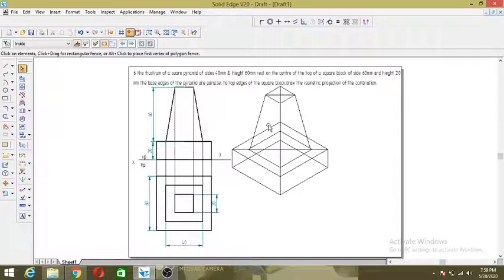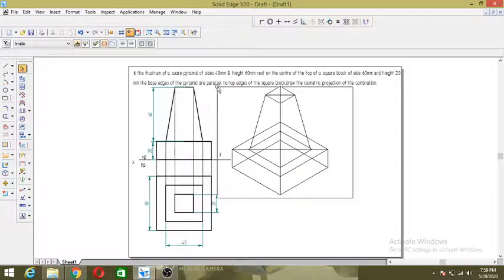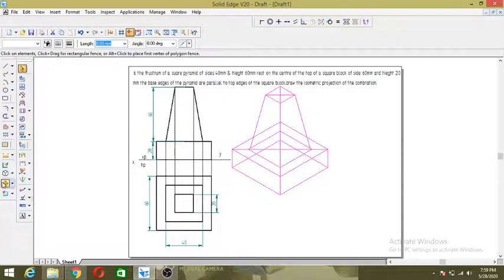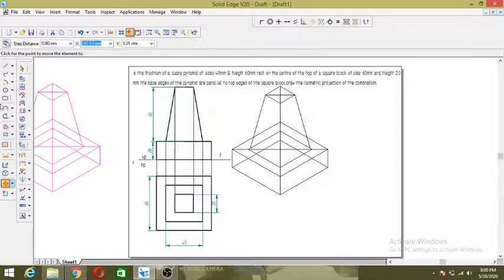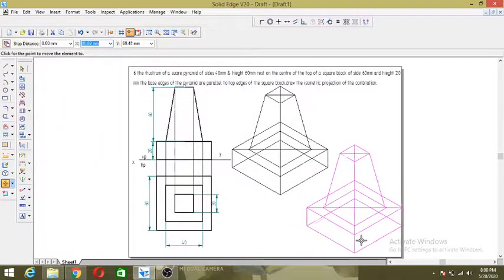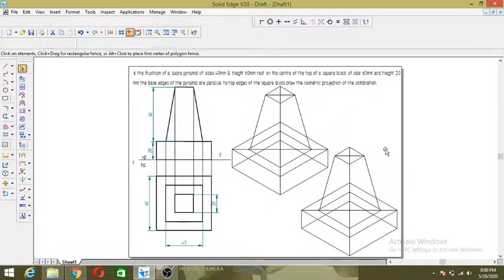Then again copy the same thing, say move, and somewhere over here turn on the copy command and place it. So this is the regular scale construction.